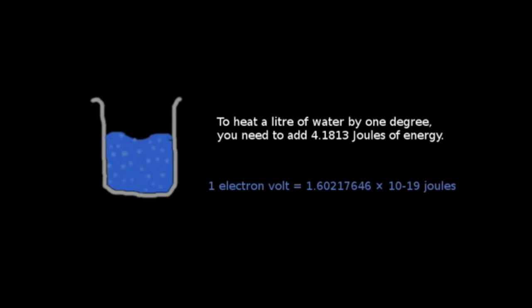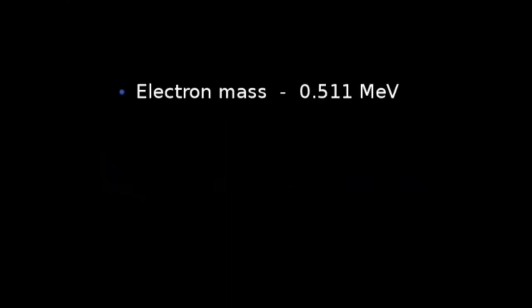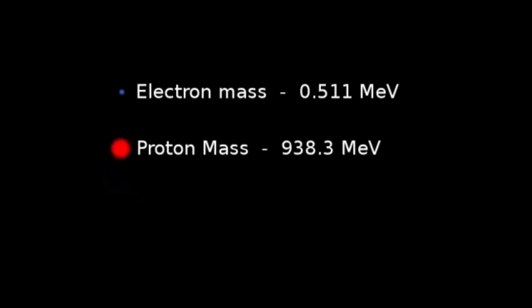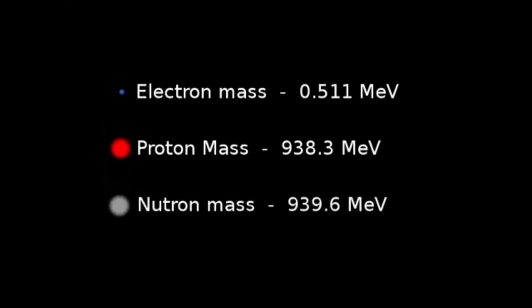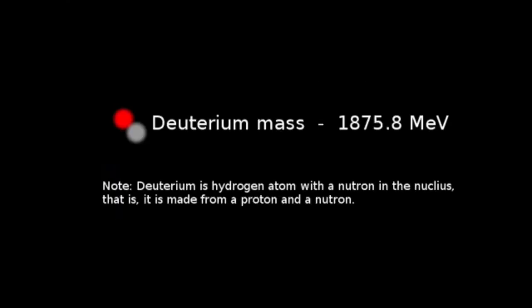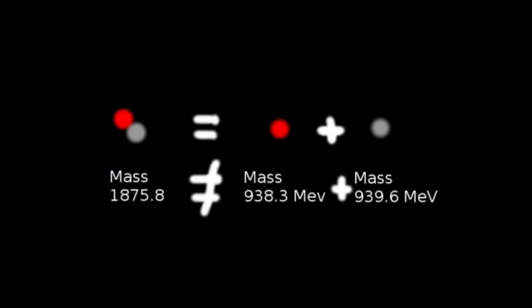So let's now look at the mass of some particles. The mass of an electron is 0.51 mega electron volts. The mass of a proton is 938.3 mega electron volts. A neutron has mass 939.6 mega electron volts. And the deuterium nucleus has a mass of 1875.8 mega electron volts. Now a deuterium is made up of a proton and a neutron that have been bound together. So if we add the mass of a proton to the mass of a neutron, we find that the total mass is 1877.9 mega electron volts. However, the mass of a deuterium, like I just said, is